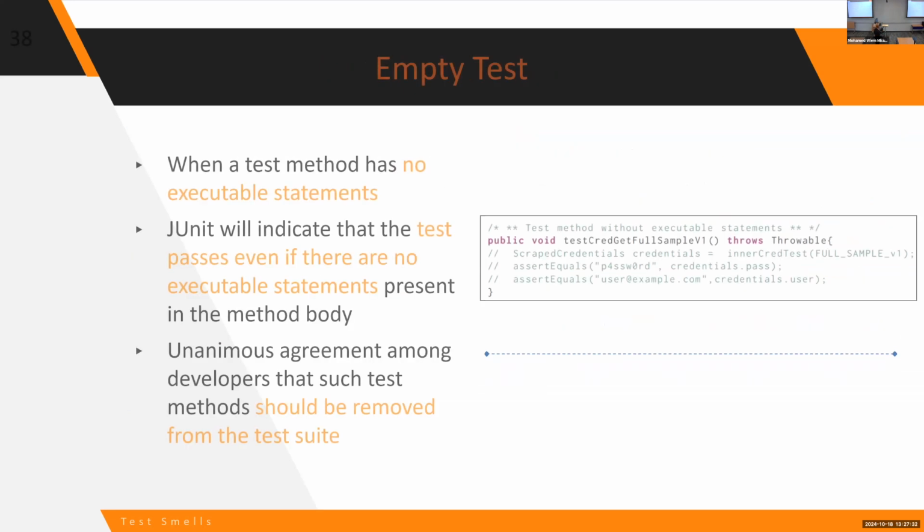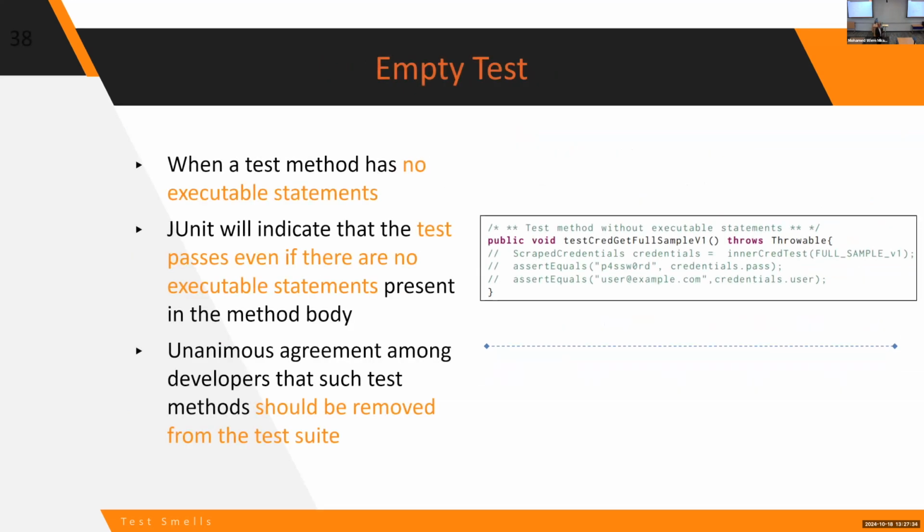We've seen cases of empty tests. It means that the developer wrote a test. This test was maybe failing for whatever reason. Because they want the build to pass, they will comment out this test, right? To make the build pass, and then they forget to uncomment that again, right? So now, if you have this test in the build, whenever developers are testing their code, they think this test is passing, but actually it's not. It's just not even running. So it becomes even misleading for other developers, right?